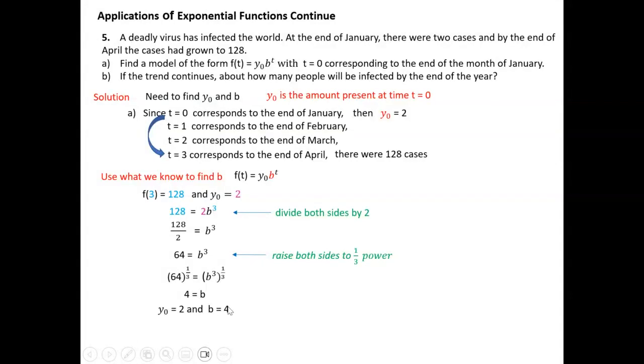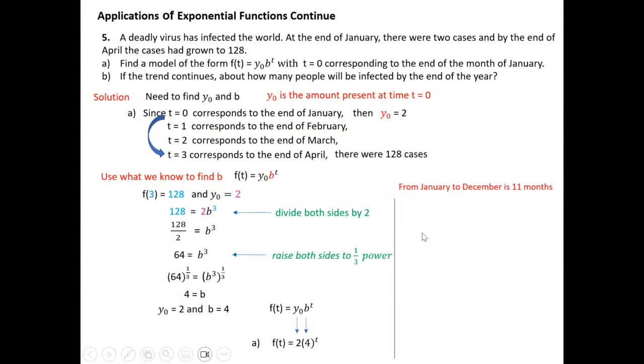So we found our y naught and we found our b. So now what we do is plug into the function, right? My y naught is 2 and my b is 4. So this is the answer for part a, the function that we're looking for. Now for part b,